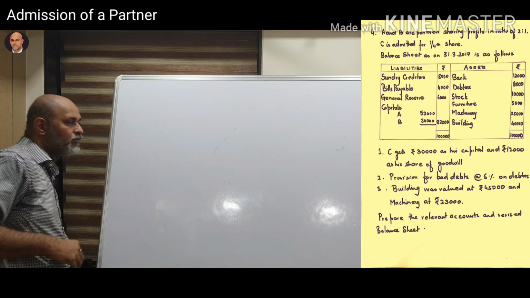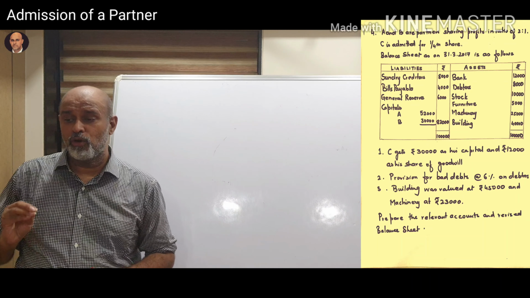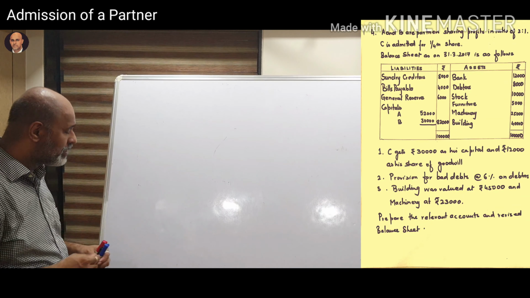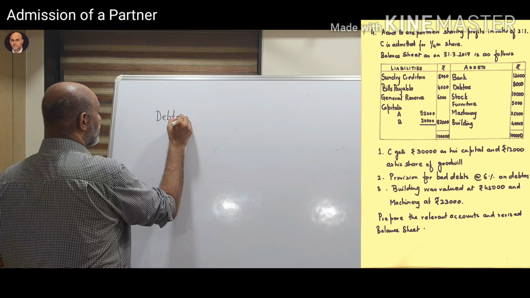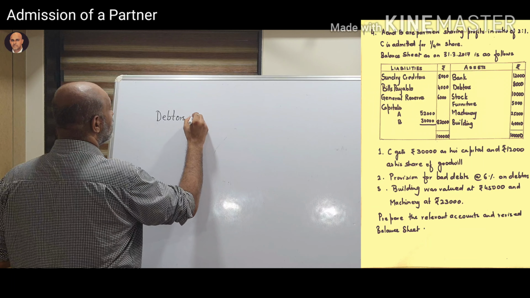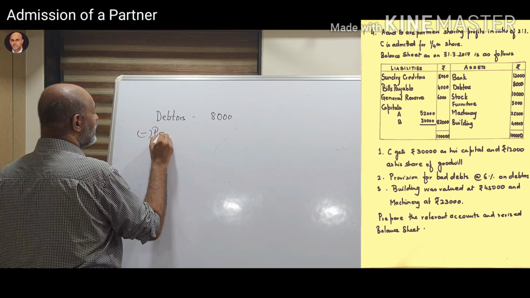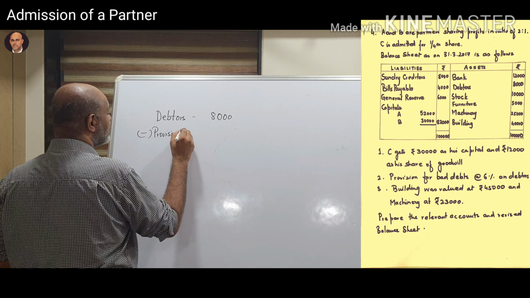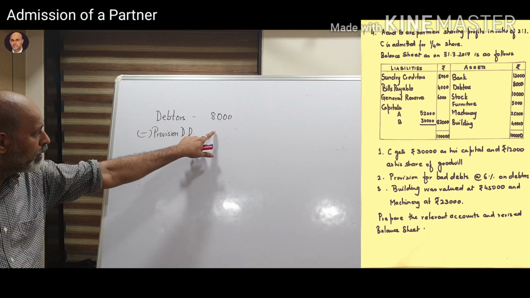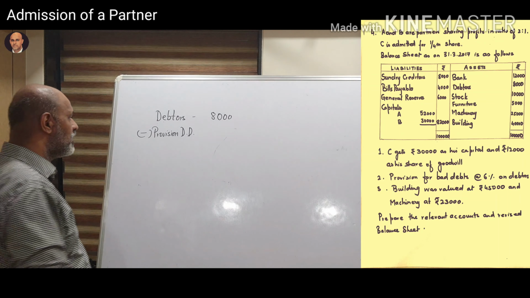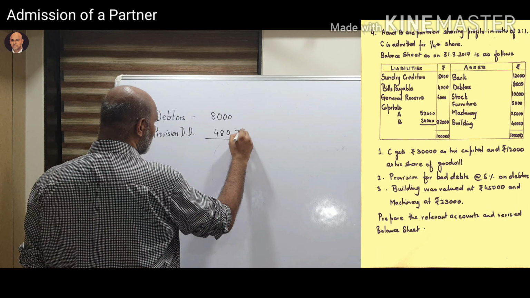Okay. So your first revaluation adjustment, they are telling make a provision of 6% on debtors. Okay, the value of debtors is 8,000. Okay, debtors का जो value है वो 8,000 है. Provision, the meaning of provision for doubtful debts is we are not sure that we might get this amount. So you are going to minus 6% from 8,000. So you are going to minus 480 rupees, which will give you 7520.